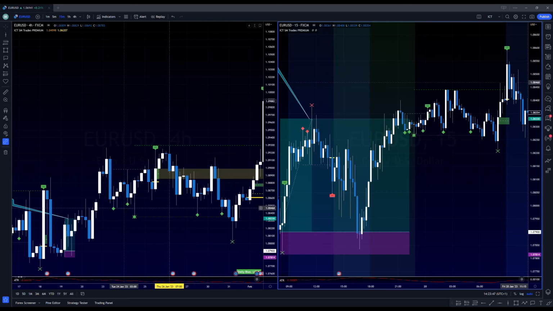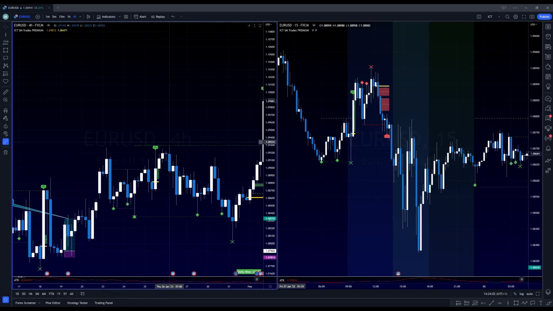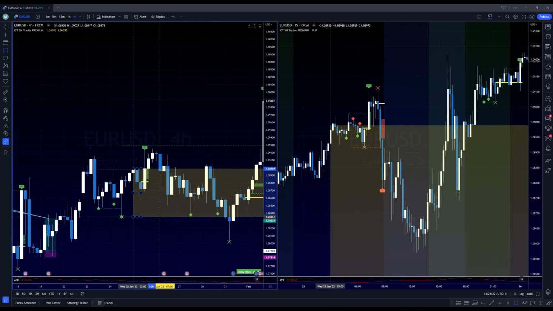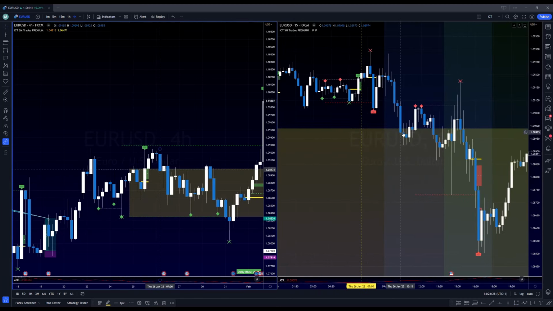As you can see here, this is the liquidity grab. Here we can see the market structure shift. We have one fair value gap and we have one order block. So this is also the last fair value gap. We would enter, we can mark it here. We have a hit of the fair value gap, and we can create a rectangle to see the zone up to the liquidity grab. So here is the first hit,